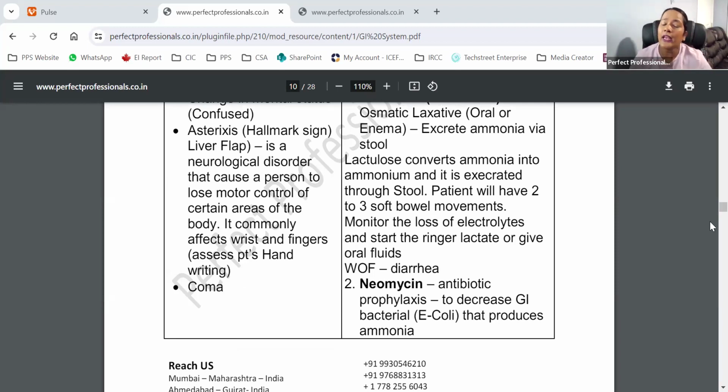Okay, any person, even healthy people, have E. coli in their guts. E. coli is in our intestine, that's common. Okay, there's no problem. But this E. coli, what they do, it produces ammonia. When E. coli breathe, right? They produce the ammonia. Now in healthy people, where will the ammonia go? It goes to the liver, there is no